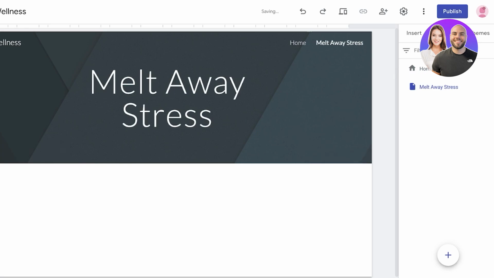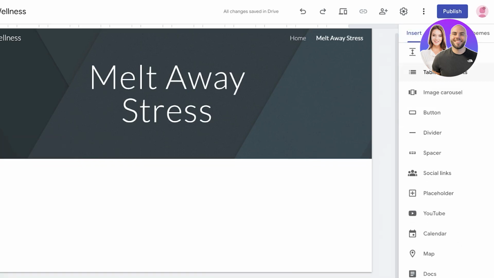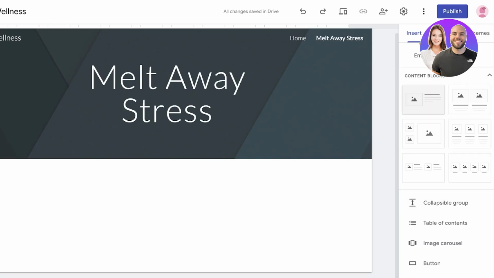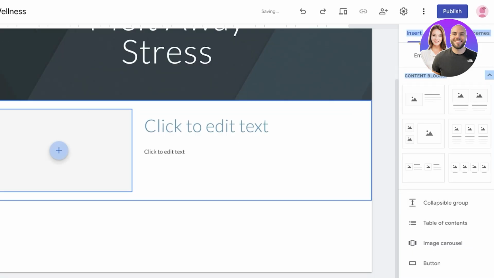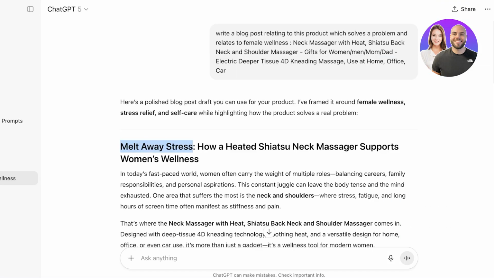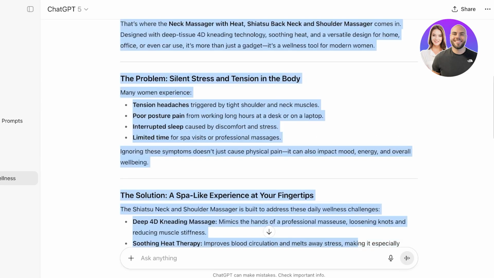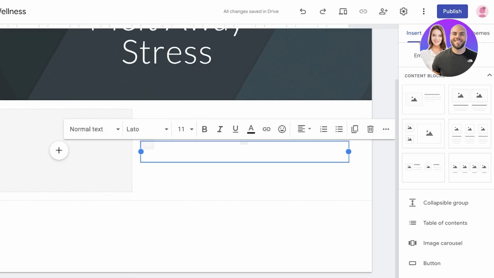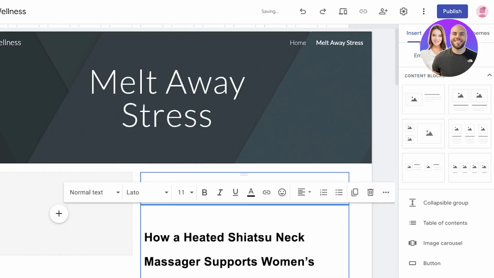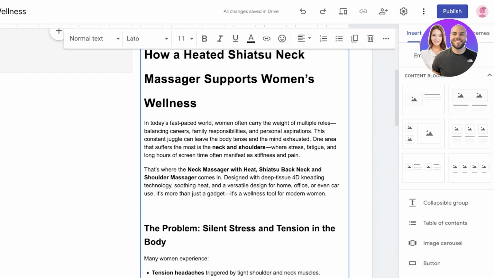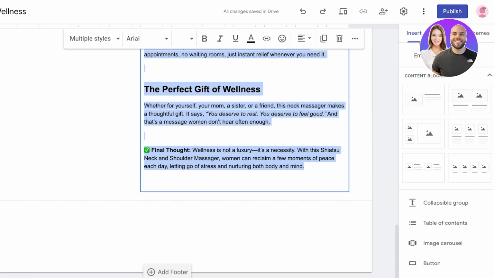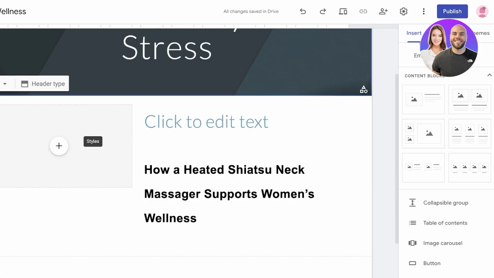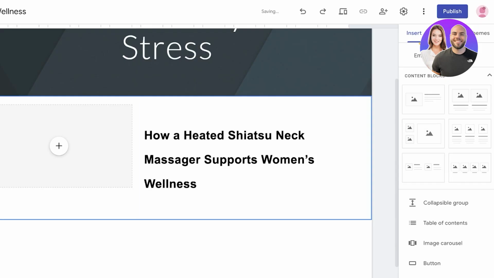Then I'm going to go into insert. Once I go into insert, I am going to add some content blocks like so. Then I would first copy the entire blog post and I'm just going to paste it over here. This doesn't look really nice, so what I would do is that I would just do Command C like this. Like so. I'm going to move around these blocks a little,